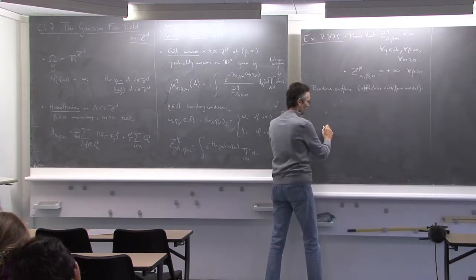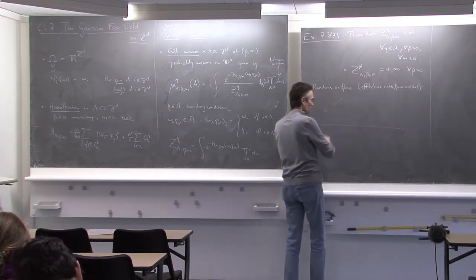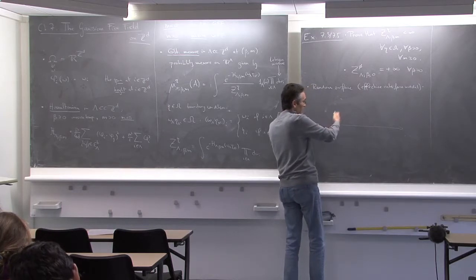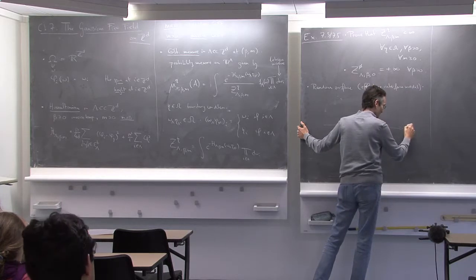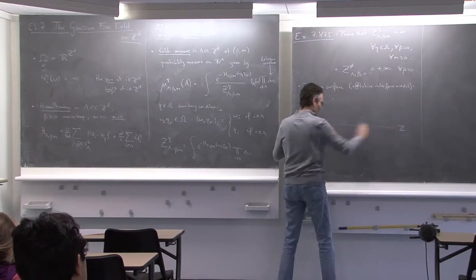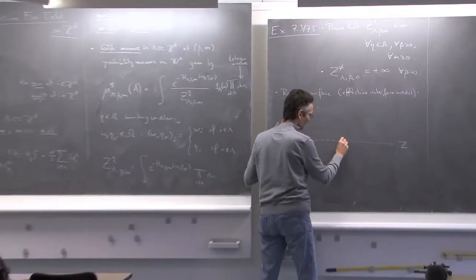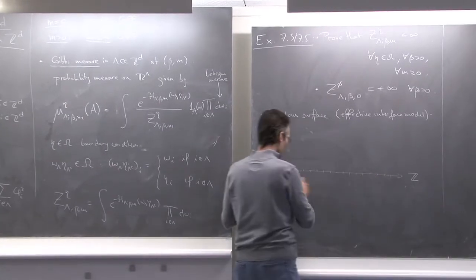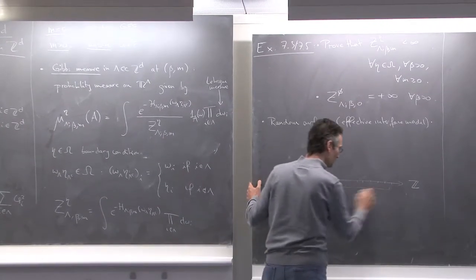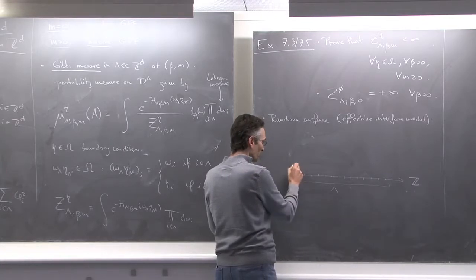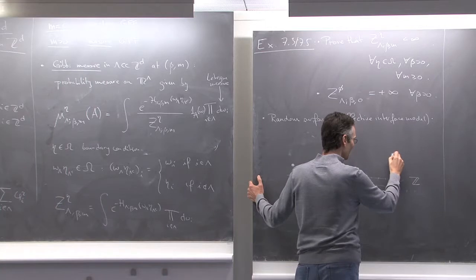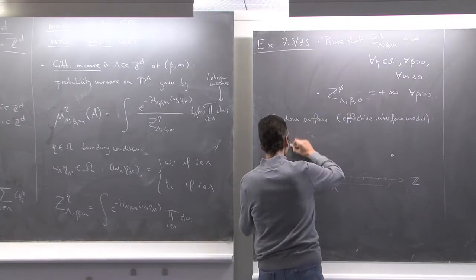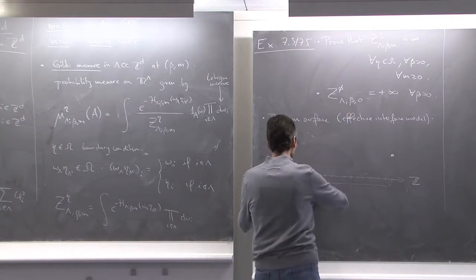And the idea is the following. So you can interpret the model as follows. I'll draw again the one-dimensional case because I'm on a two-dimensional blackboard, but everything I say is true more generally. So this is just Z. Then say we have our box lambda here. That's the box lambda. We have some boundary conditions, so we are freezing the spins. So I'm drawing here the value taken by the spins. In this direction, I'm drawing the values taken by the spins.